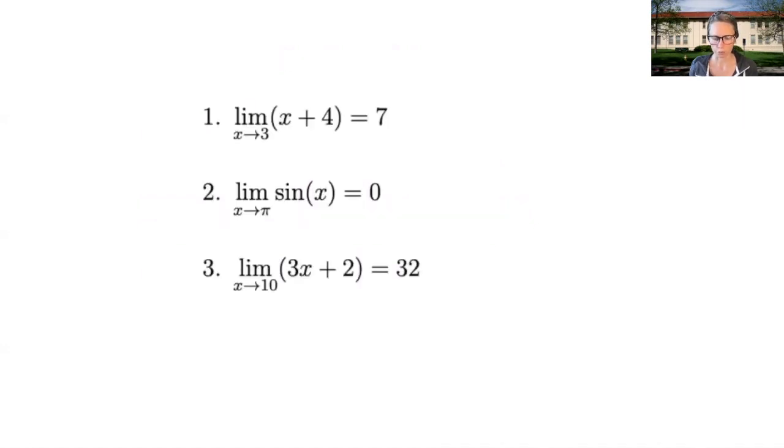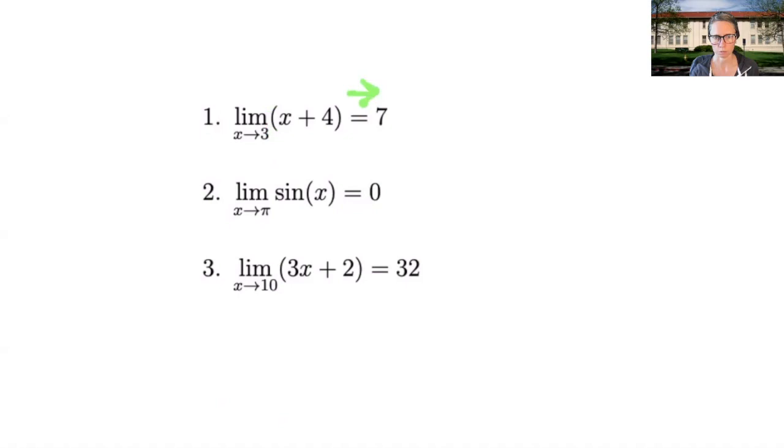Here are the correct answers for how to write limits in mathematical notation. Some common misconceptions or mistakes that I've seen students make: the equal sign. The equal sign just means "is." Some students sometimes leave the sign out entirely. Sometimes they sneak the equal sign in between the limit and the function, or they use an arrow instead of